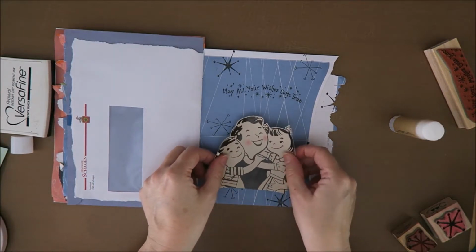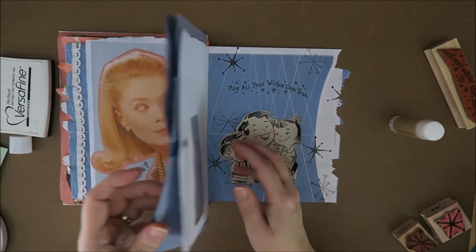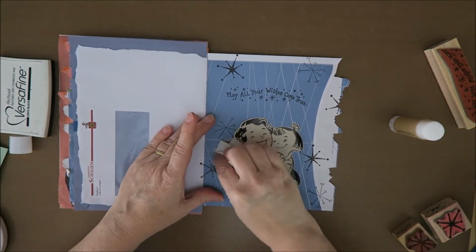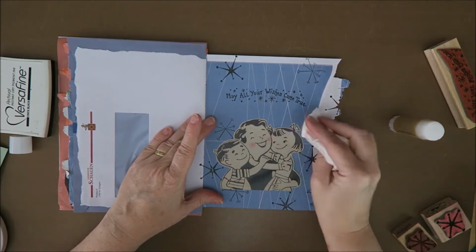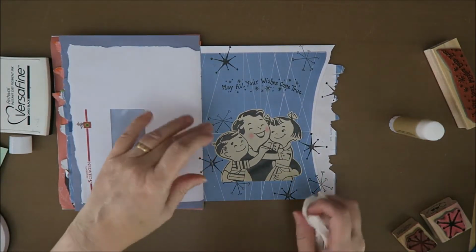Oh, I forgot to check. Oh, I hope this is right. Because I want you to see the little girl. Yes, this is right. This is okay. Oh, that's cute. You know, sometimes a page just doesn't need that much because, well,